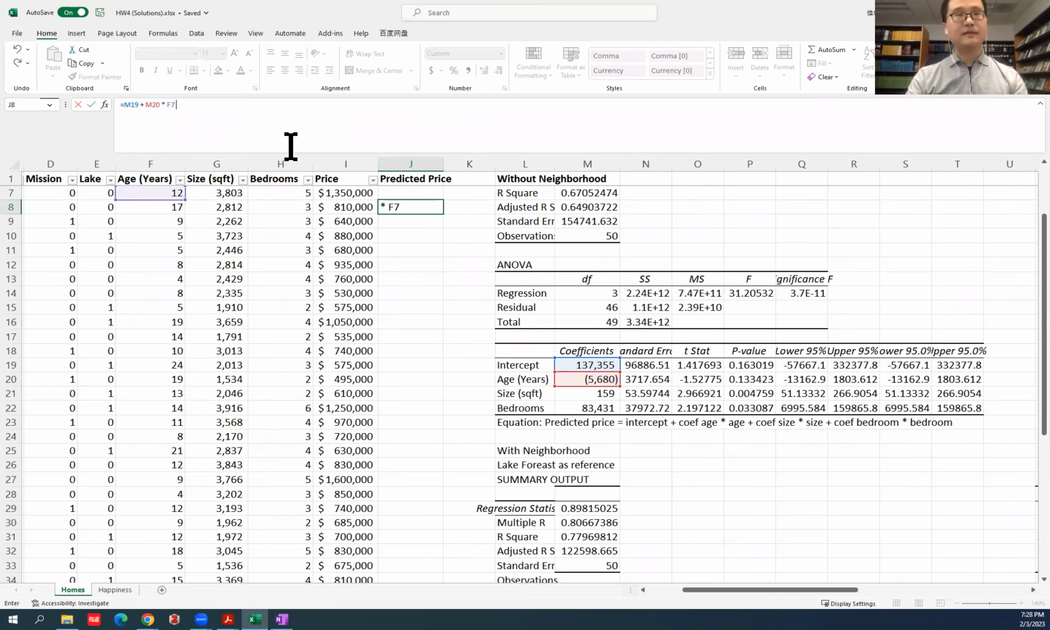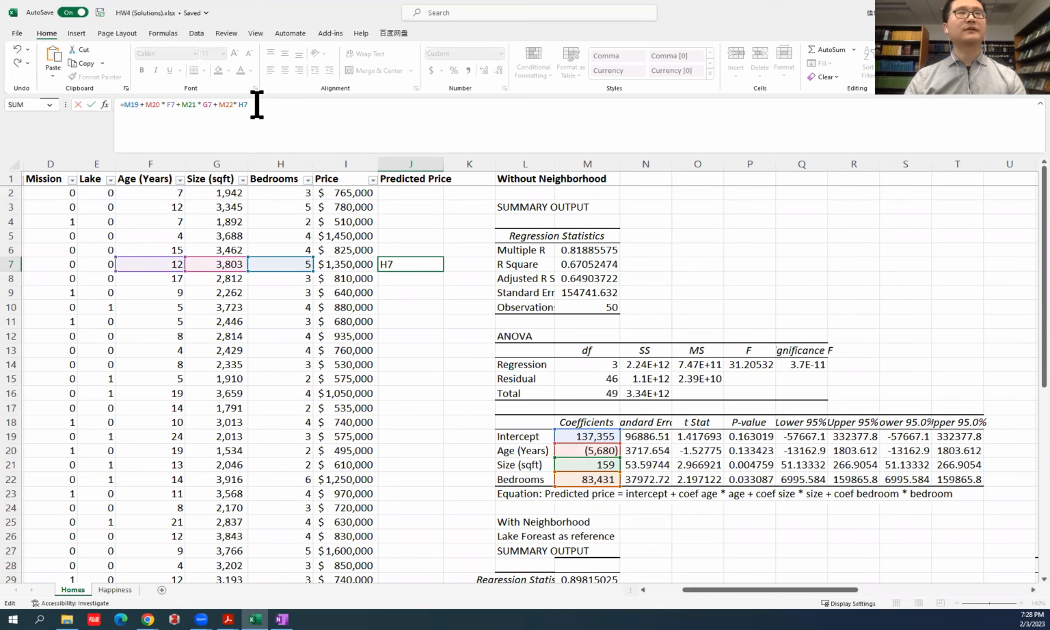We do the same for the next variable, that's size of house. We also need to take a multiplication between the coefficient and the observed value of the predictor. So we do the same for each of the predictors. Remember that because we are going to use the same formula for each of the predictors, for each observation,